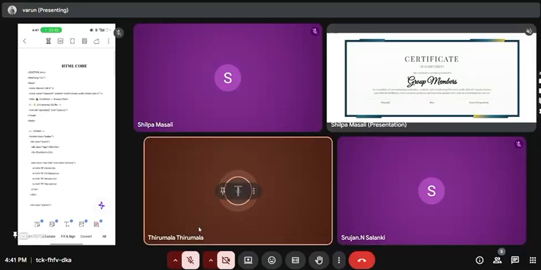I am Tirumala. I am explaining the HTML code of the certificate. The HTML code forms the main structure of the certificate page. It begins with the document type declaration and includes essential tags such as html, head,